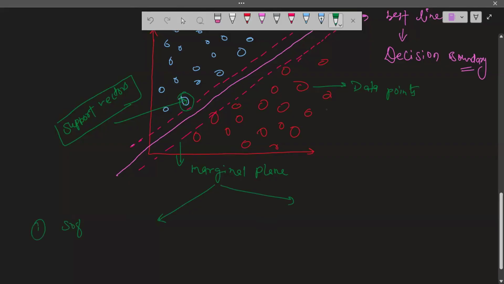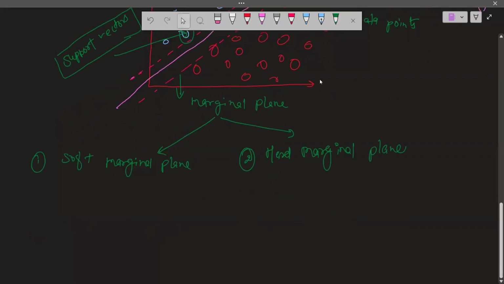Soft marginal plane. The other one is hard marginal plane. So soft marginal plane means